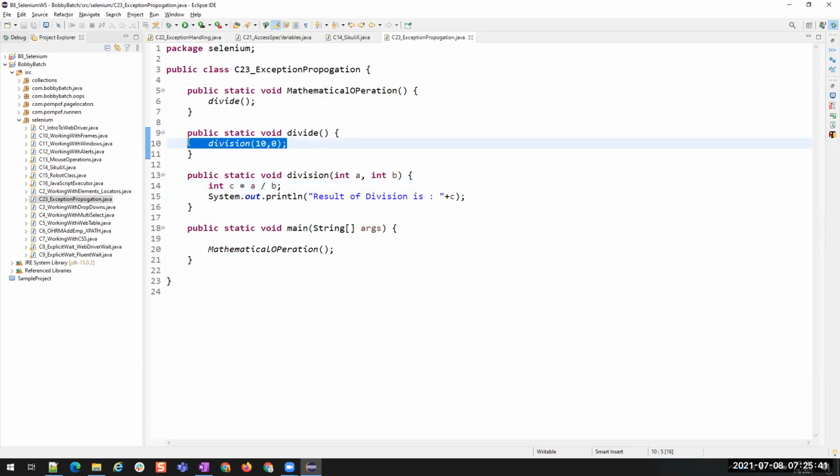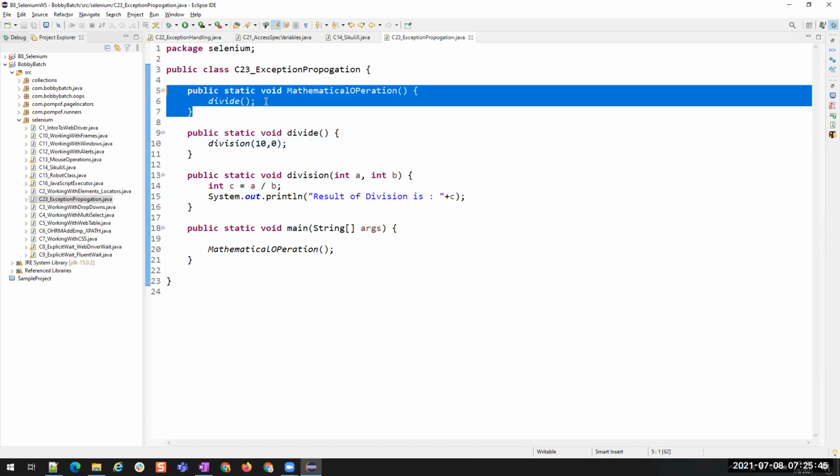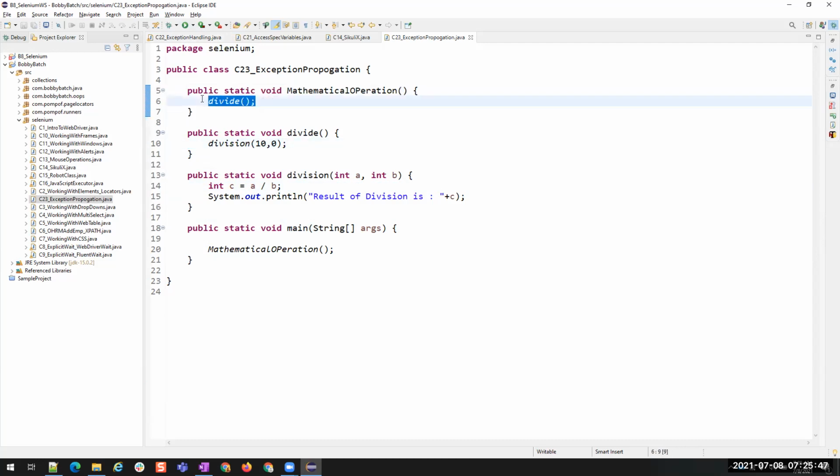Here also we do not have any exception handling, so it will move to the next method. And here also we do not have exception handling, so it will move to the main method, because this method is being called from the main method. Here it will see if there is any exception handling. Here also we do not have it, so it will throw the exception.